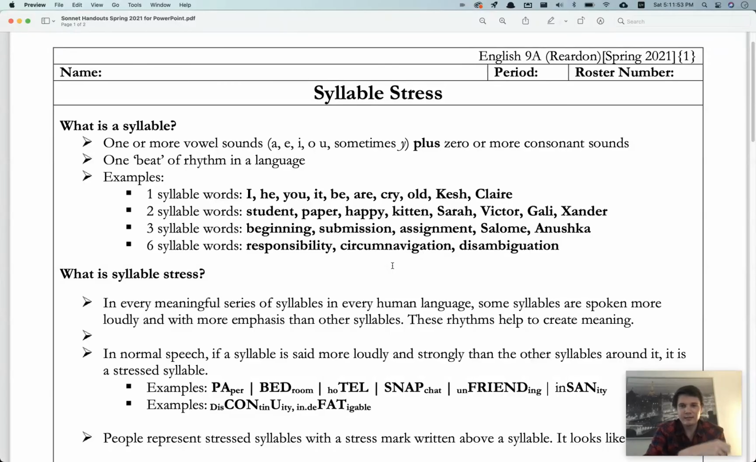Circumnavigation, 6. Disambiguation, 6. Alrighty, so